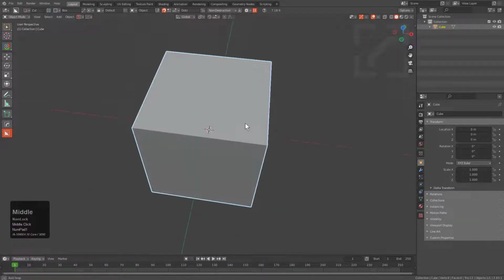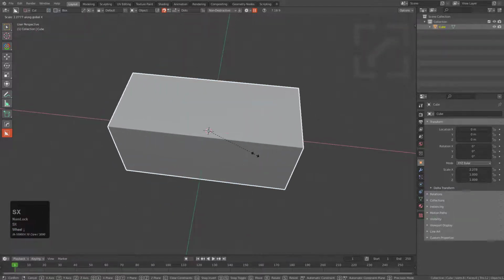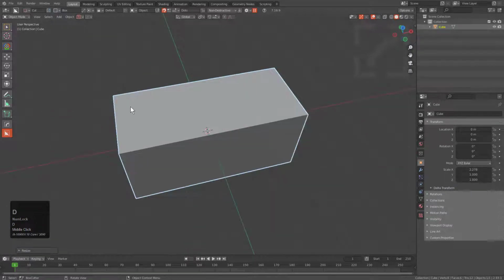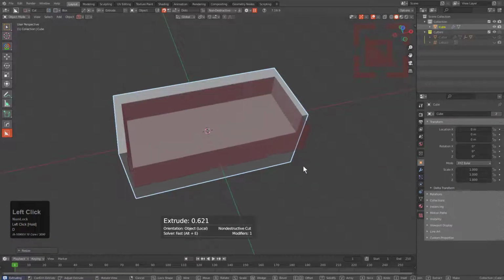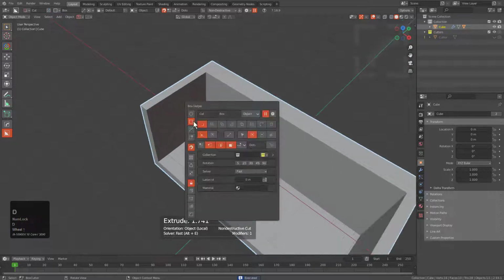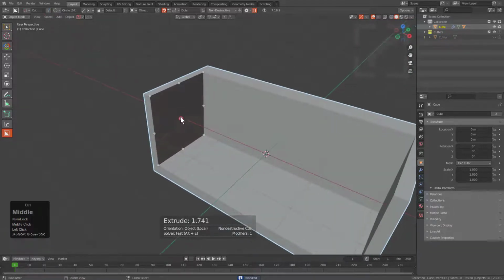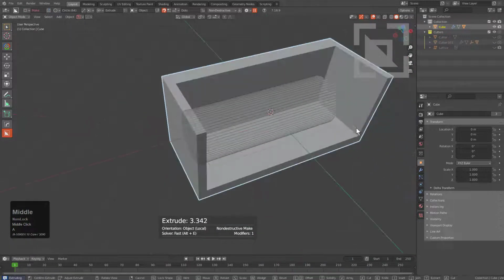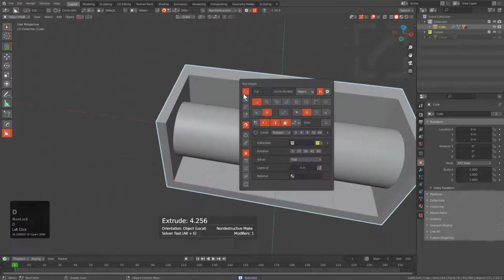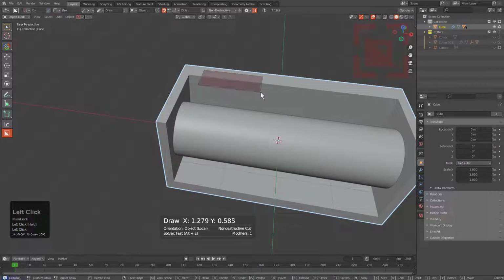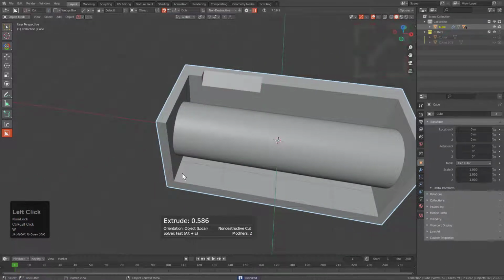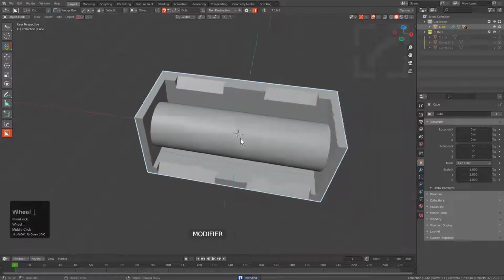So I'll press 1, look at things from front. We'll press S, X, and scale things out. And my favorite example with dice, or even my favorite tool test with dice, is the following, where basically I will draw the following shapes, and then I will just join them and dice them all at the same time. However, the process is that if you're trying to just jump straight into twist, you can just do that